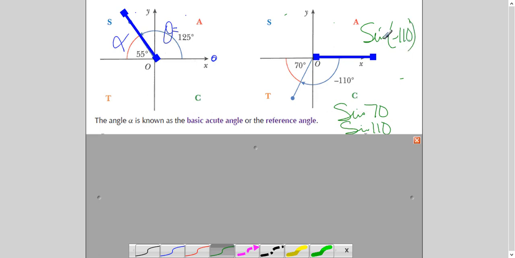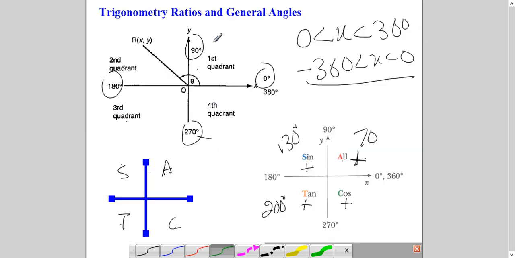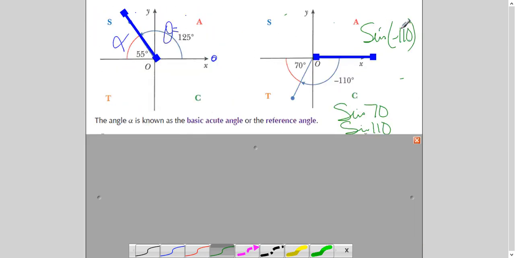So you will get plus answer here, because I did not tell you, I think, those rules here as yet, but anyway, they will come after a little while. Sine minus theta equals to sine theta. So you get plus answer. So we will see the application of this when we will be solving equations, right? Right now we have seen the relation. Similarly, if you put sine 55 and sine 125, answer will be same. Okay. If you put cos 55 and cos 125, magnitude wise, number wise, numeral wise, answer will be same.